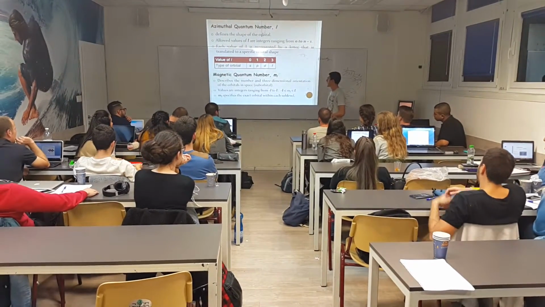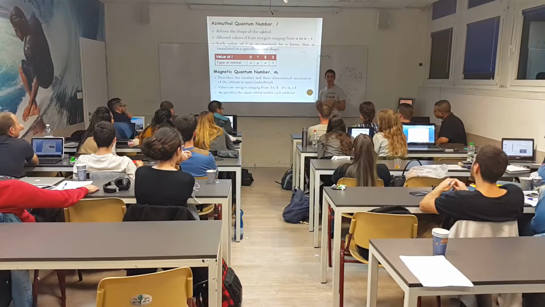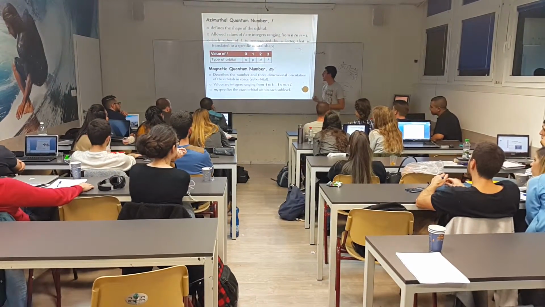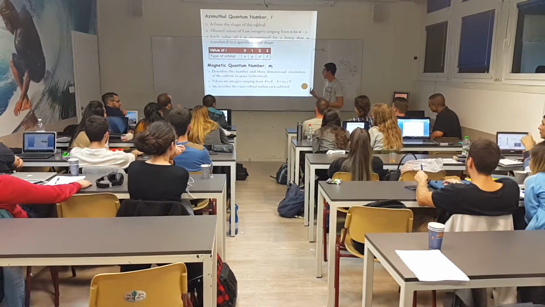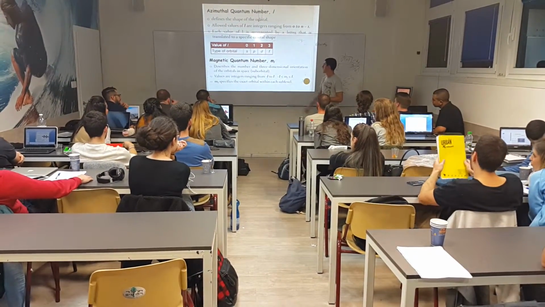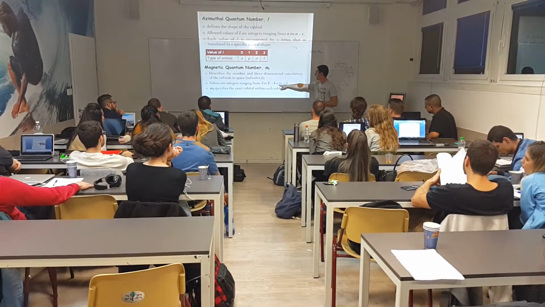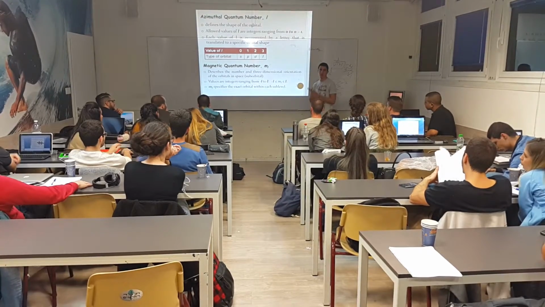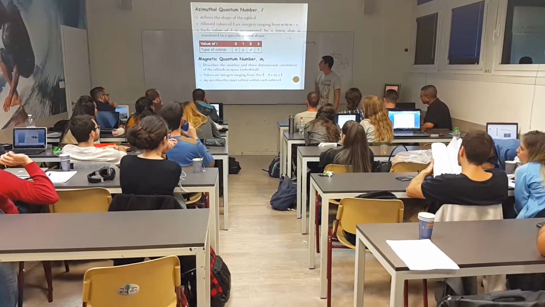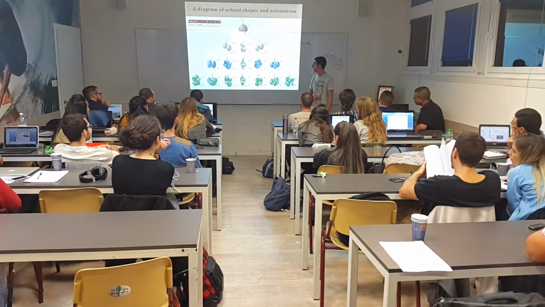The next quantum number is the magnetic one, ML, and this gives us the number of orbitals in space, the orientation in space. What does it mean? If, let's say, we're talking about the p orbital, we look at the range of the ML. For the p orbital, L is 1. So if we look at the range, we have -1, we have 0, and we have 1. We have 3 different numbers. That means we have 3 different p orbitals in space, and you'll see it in the next slide.